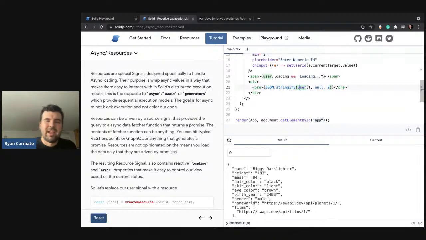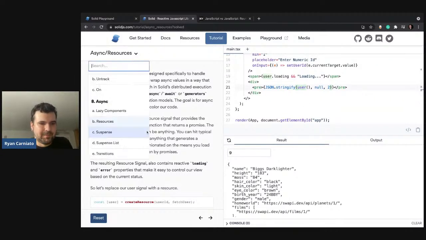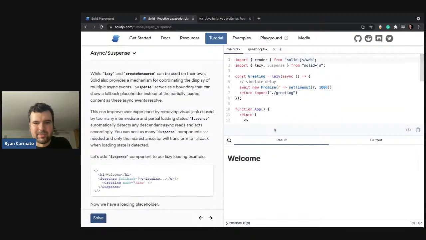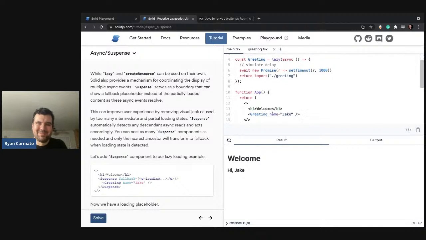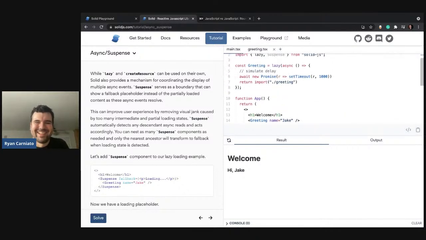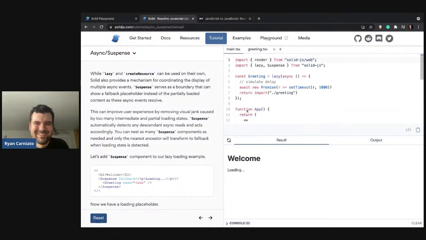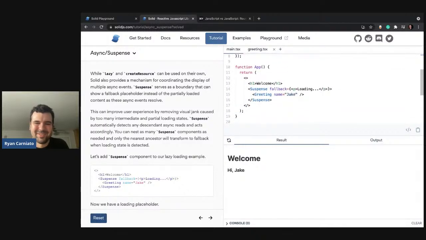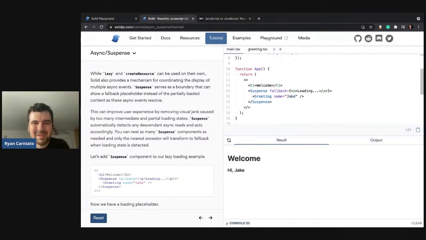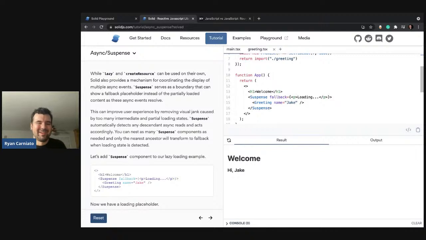So the question is, how does suspense work with this, right? I made a basic example with suspense. Oh, guess what? It's exactly the example that we did. I wrote these tutorials half asleep. I forgot that I even did this. It is exactly this, the simulated delay. And then when we solve it, it's literally the exercise we just did. That's kind of hilarious. Anyway, my point is,